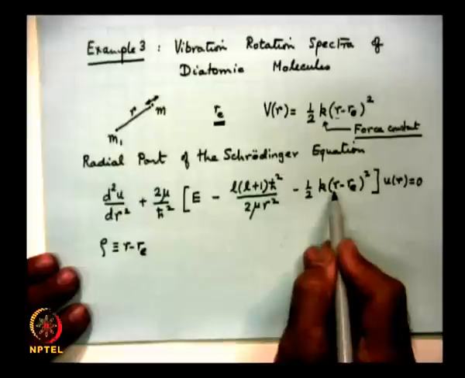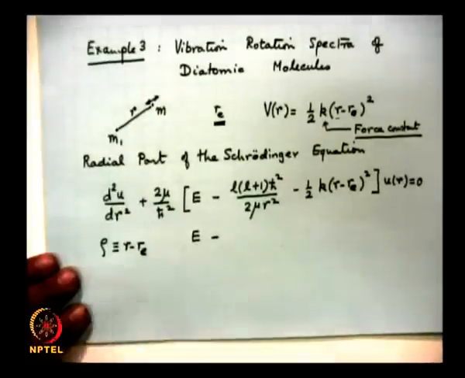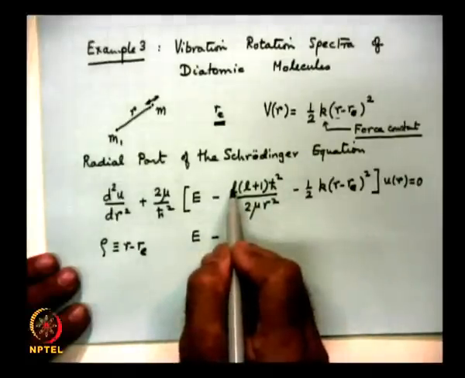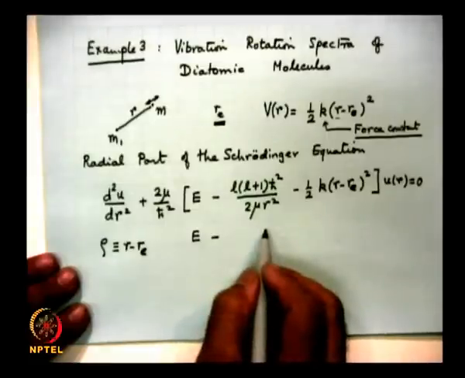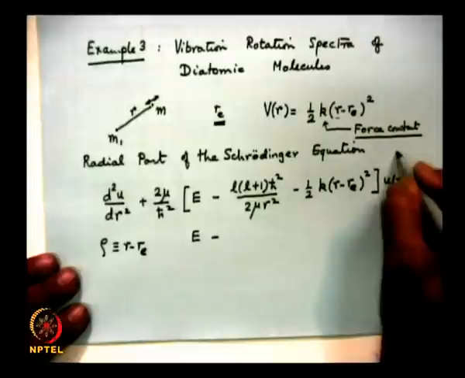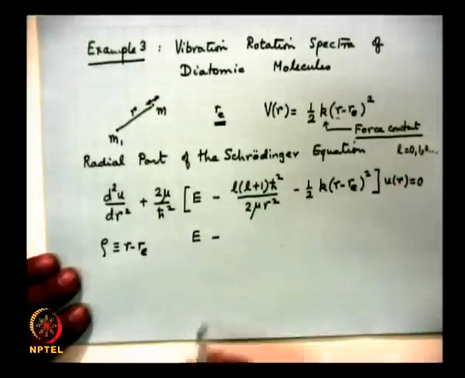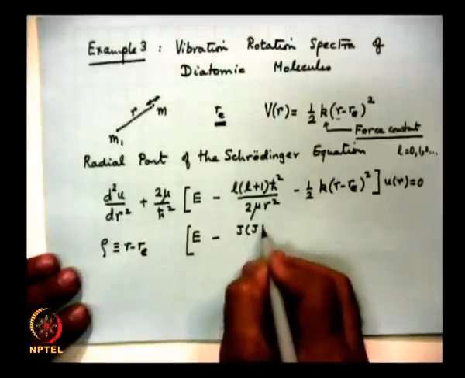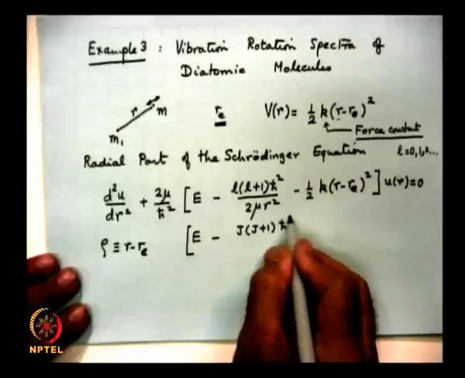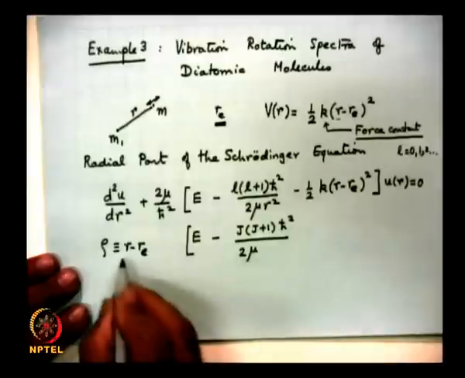So, this term becomes E minus, in spectroscopy, the angular momentum quantum number is written as J, it is just a convention. As we all know, L is equal to 0, 1, 2, etc. So, we will just replace L by J. So, J into J plus 1 h cross square